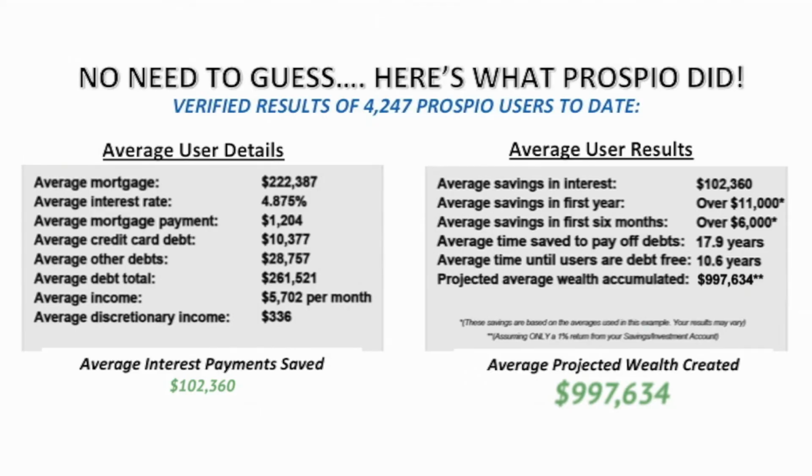You see the average user details show that the average mortgage was $222,387 with a 4.875 interest rate, an average monthly mortgage payment of $1,204. And then between credit card debt and other debt, their total debt comes to $261,521. And the average income of the 4,247 users of the Prospio system was $5,702,